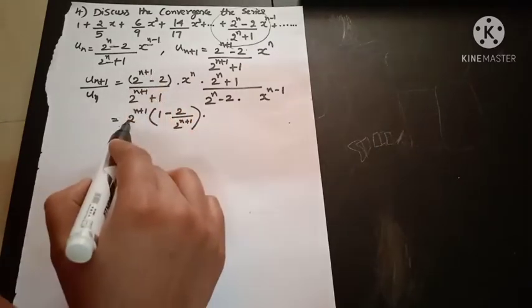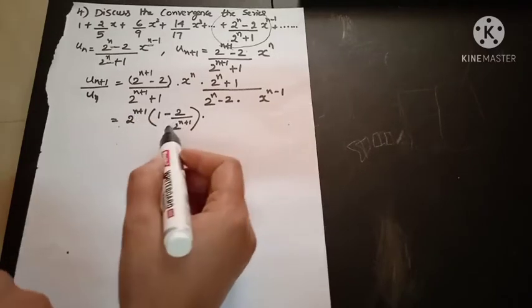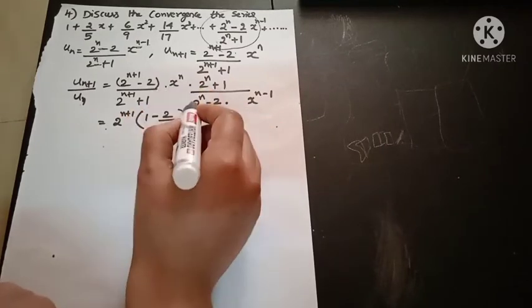Next step is we will take this whole 2 to the power of n outside, because this is a term. In this term I will take 2 to the power of n plus 1 outside, that is 2 to the power of n plus 1 into 1 minus 2 divided by 2 to the power of n plus 1. If you take the reverse, multiply this 2 to the power of n plus 1, this 2 gets cancelled, minus 2, we will get this. So I will take 2 to the power of n plus 1 outside, 1 minus 2 divided by 2 to the power of n plus 1, xn as it is.